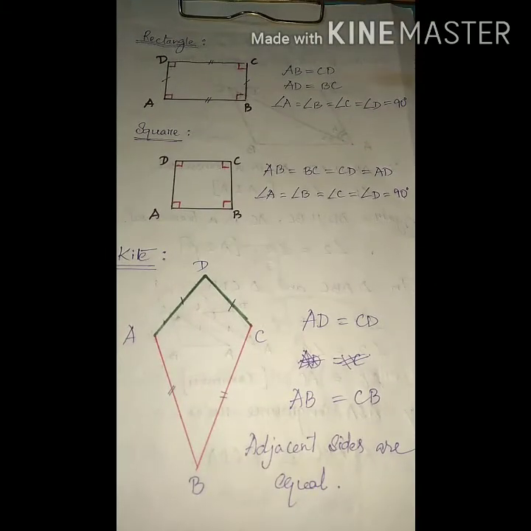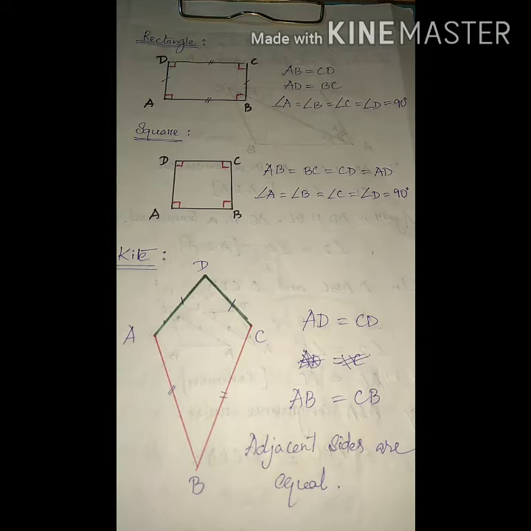Okay, next figure is rectangle. All of you are familiar with this figure. ABCD is a rectangle. In case of a rectangle, what? Opposite sides are equal and each angle is here how much? 90 degrees. So no need to discuss anything more here, because all of you know what a rectangle is. Similarly, the square. In case of a square, what we get? Each angle is 90 degrees and all sides are what? Equal. So that's why it is written here.